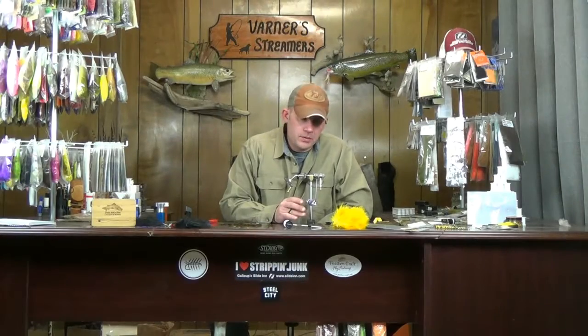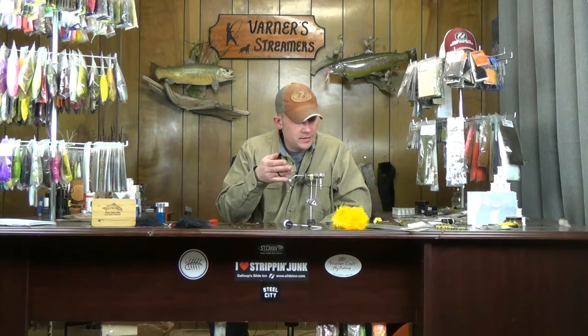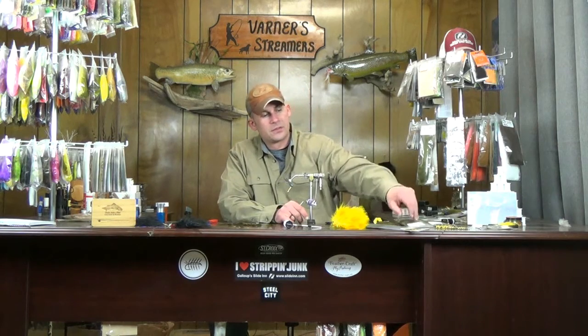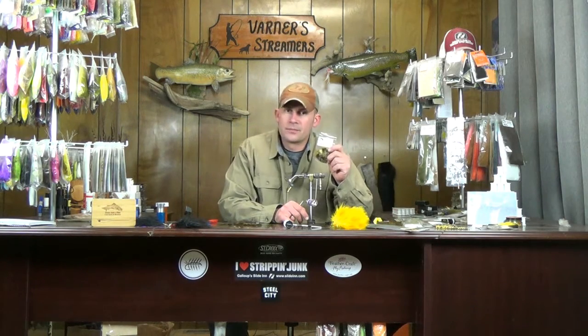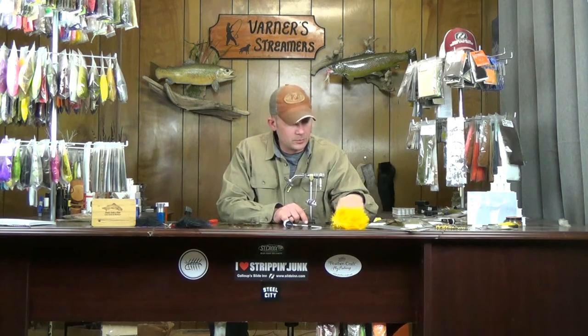Alright, this week we're going to go with Kelly Galloup's mini dungeon. This is take 2 on this one. I got the entire way through the fly. I'm sitting there, I'm looking at it, admiring the work of the head, the collar, everything on it was perfect. And sitting right next to the fly was rubber legs. Son of a bitch, I didn't tie them in. So we're taking another